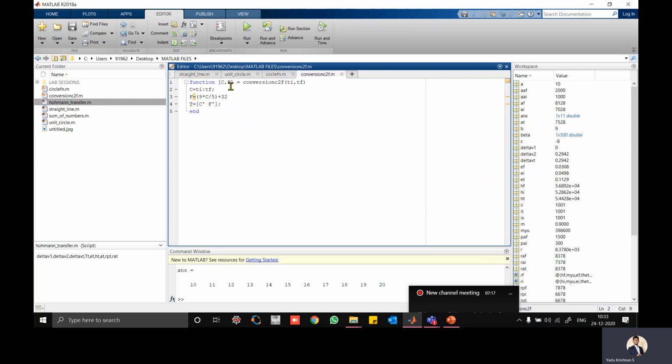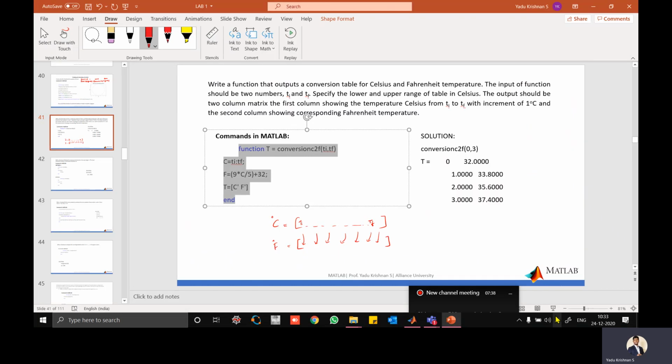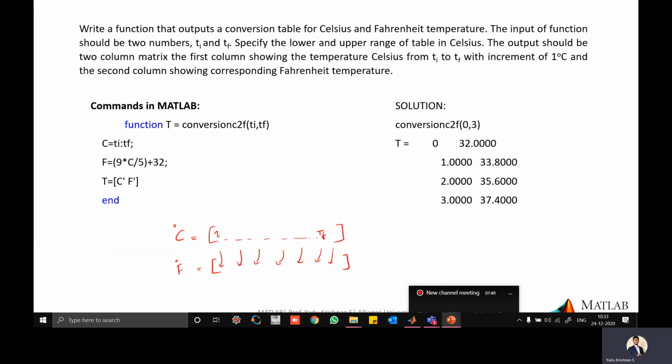So what I can do is I'll remove this output argument and introduce another output argument T, and T I'll be defining inside the program. T is equal to C bar, F bar. What is C bar and F bar? That also I'll mention here and here. That is basically the transpose. If you have an array, let's take C equal to 1, 2, 3, C bar is nothing but 1, 2, 3 as a column. This indicates transpose.